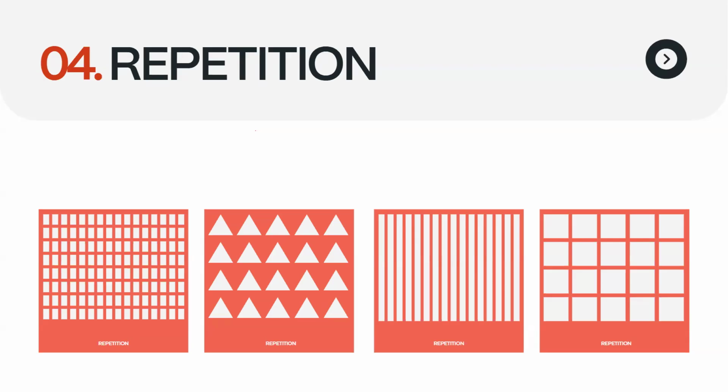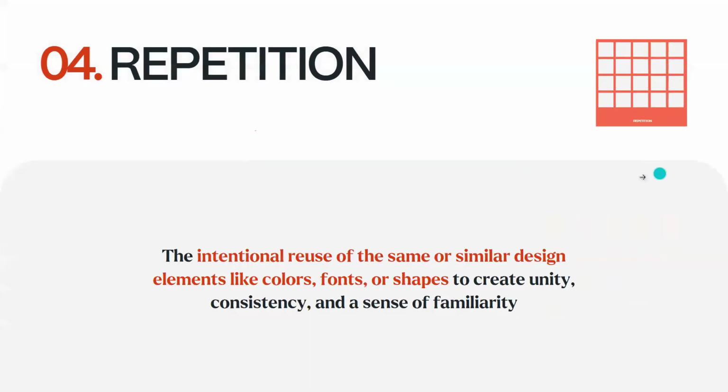Awesome. The fourth one is repetition. As the name suggests, it's repeating. Whether it's an element, the logo, the color, the shape, or the type, or the typography, anything. It is the use of the element in a repetitive way to create harmony in the design. Okay, I will show you.